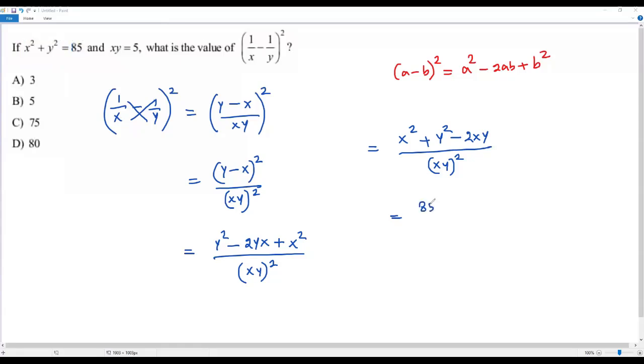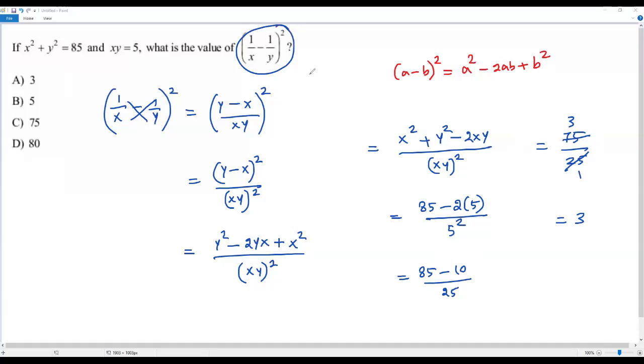Okay, let me do it. Minus 2 times, and for this xy we know the value is 5, so we plug in 5 for this xy, divided by (xy) the whole squared. For this x times y we can plug in 5, then we get 5 squared. So 85 minus 2 times 5, which is 10, divided by the value of 5 squared, which is 25. Here let me continue. So 85 minus 10 is 75 divided by 25. Here 25 goes into 25 one time, 25 goes into 75 three times. I got 3. So now I got the value of the expression (1 over x minus 1 over y) the whole squared. Its value is